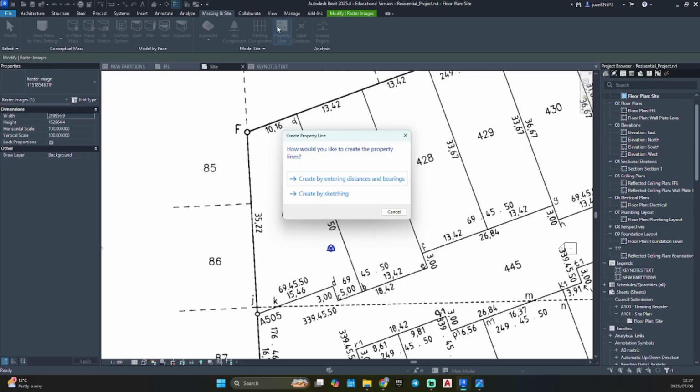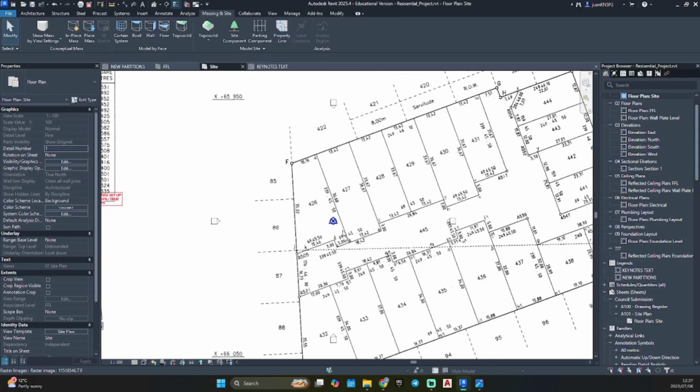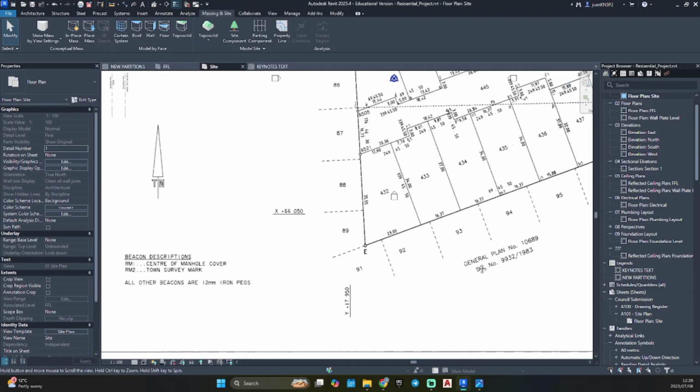Creating by sketching is not the correct way to do it unless you have a CAD file from a civil engineer that is to scale. So I'm just going to close this quickly and check the scale.